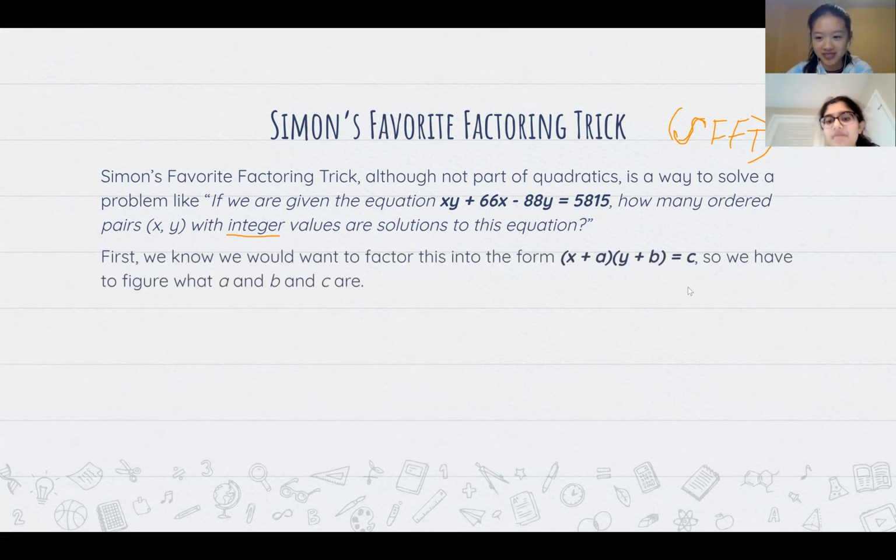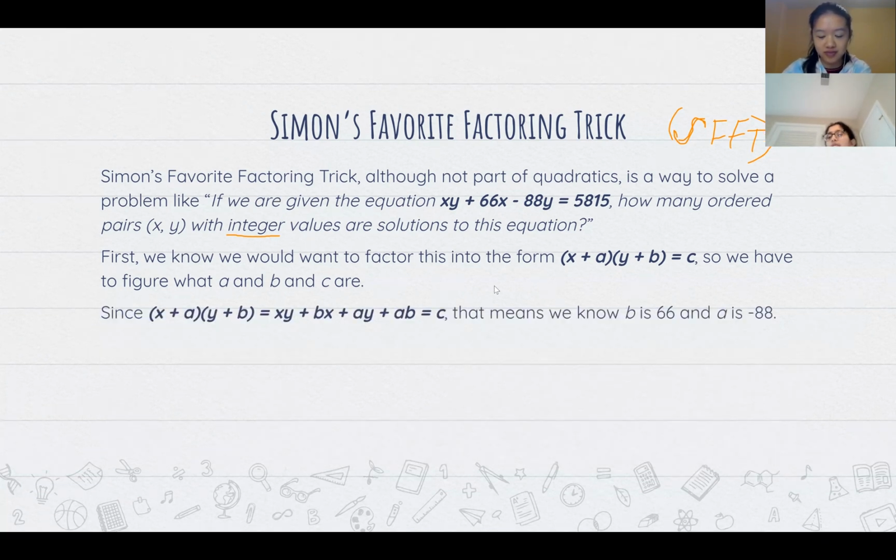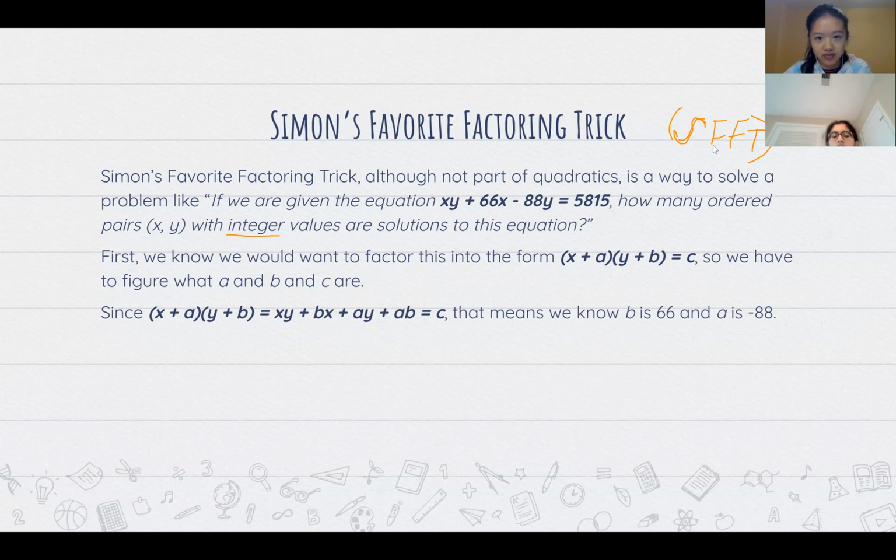First we know that we want to factor this into the form x plus a times y plus b is equal to c. So we have to figure out what a, b, and c are. First we want to multiply out x plus a and y plus b to find out how it would be expressed as a whole thing. So x plus a times y plus b is equal to xy plus bx plus ay plus ab,